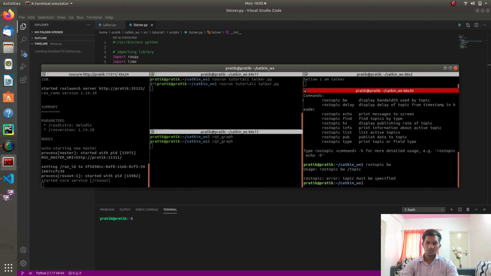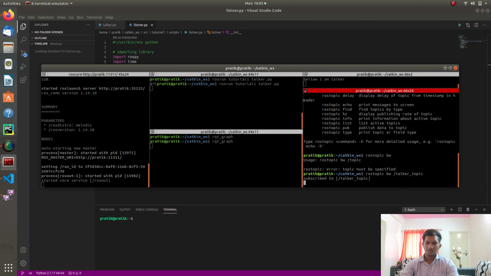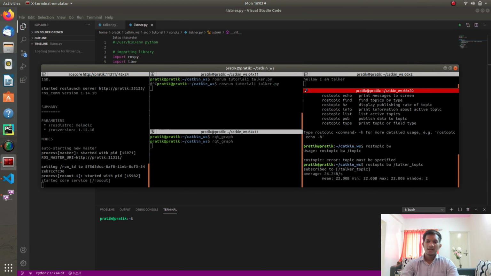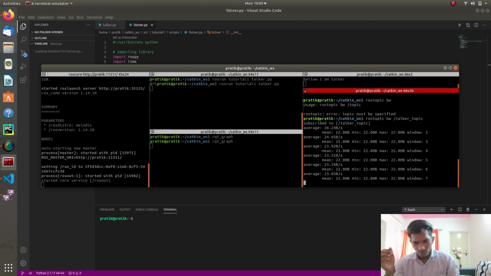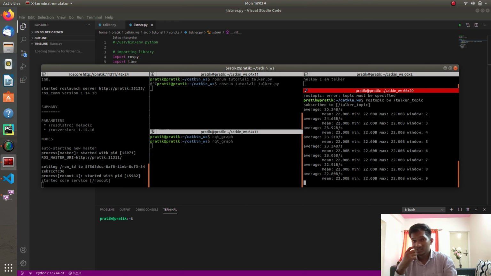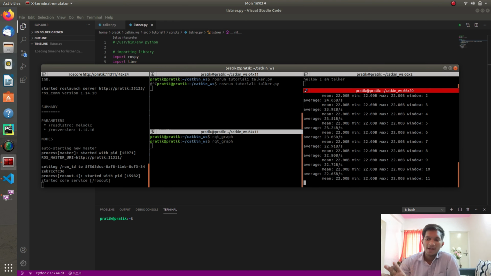Okay, so bw and the topic name. Now it shows that it is subscribed to the topic, and it is showing the max, min and window. Window means how much time this node is active.